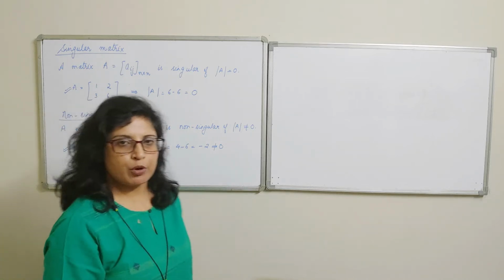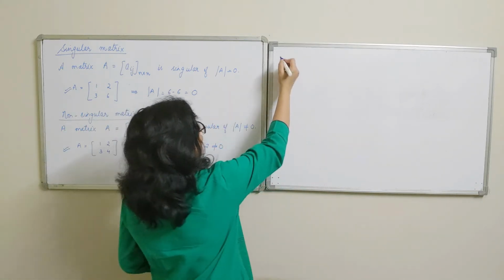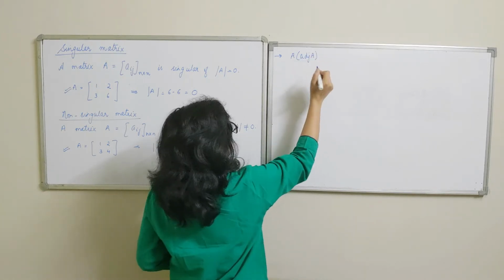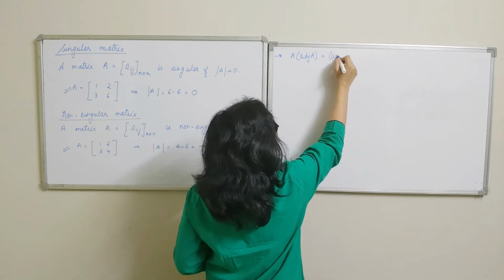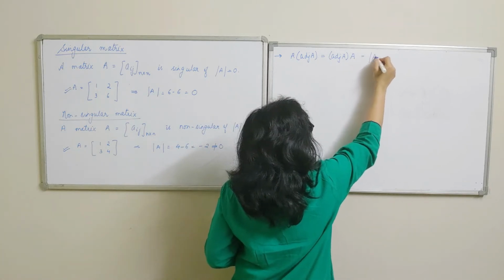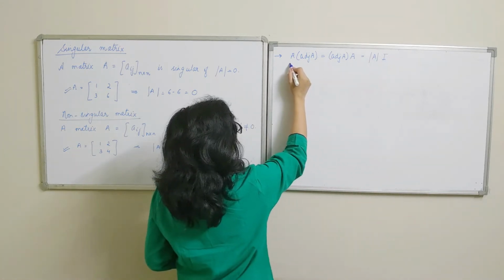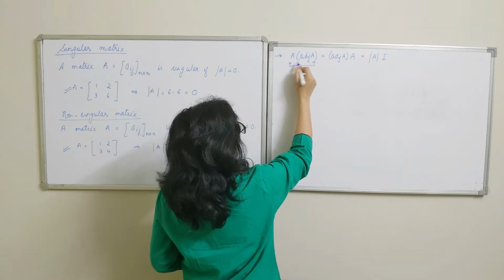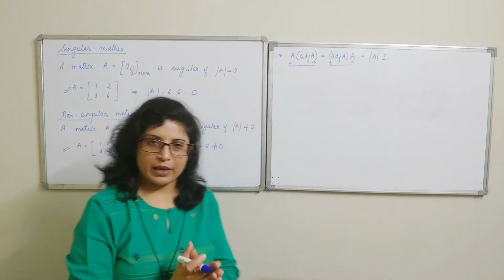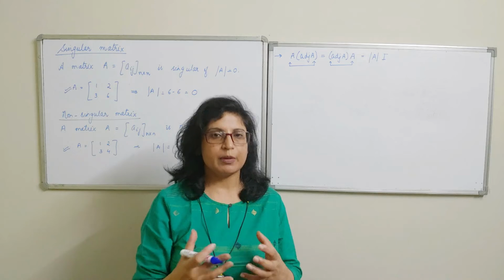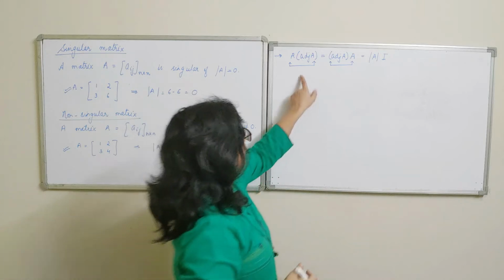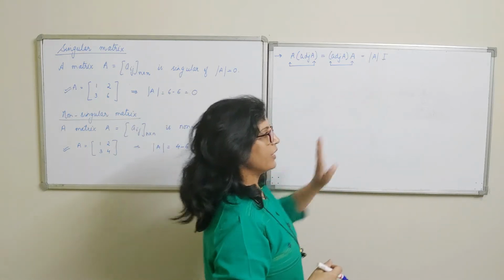Now, we have just now studied about the adjoint of a matrix. So, we can write down one important result here, that a square matrix A multiplied by its adjoint matrix is the same as the adjoint matrix multiplied by matrix A, which is equal to determinant A into I. Please note here that a square matrix when multiplied by its adjoint gives us this result. That means if a square matrix is multiplied by its adjoint, then this matrix multiplication is commutative. And because it is commutative, the product will always be equal to determinant A into I.